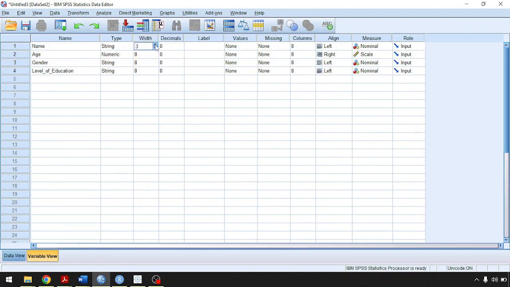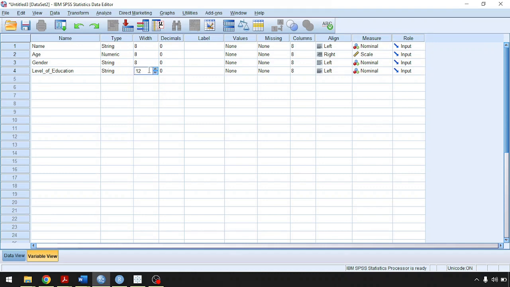So the common is 8 for all of them. Unless, for example, level education, maybe this could be 10 or 12 because we have long wording for education level, if somebody has a PhD and additional academic